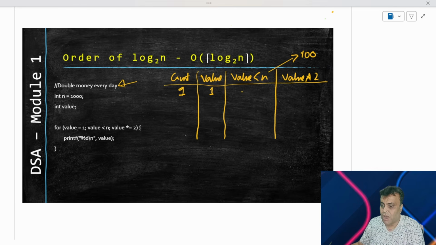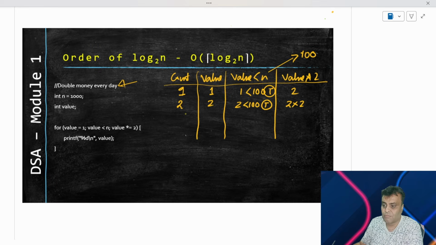So we have 1 is less than n. That is true. So if this is true, then this loop will actually run and value will eventually become 2. Now, the next time this loop runs, that is the second time this loop runs, it will start with 2 because you have already changed the value to 2. 2 will be compared with 100, which is also true. And this will mean that 2 will be again multiplied by 2.